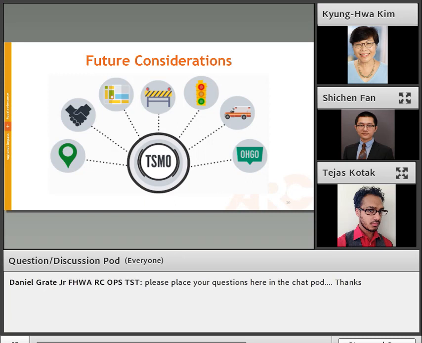We also have more technology-focused TSMO projects, such as signal synchronization or anything to do with connected and autonomous vehicles. Should we consider all of these within the same group or find more unique ways to separate them out?